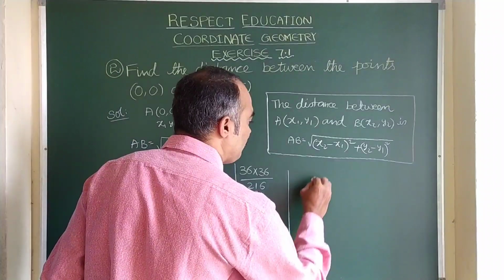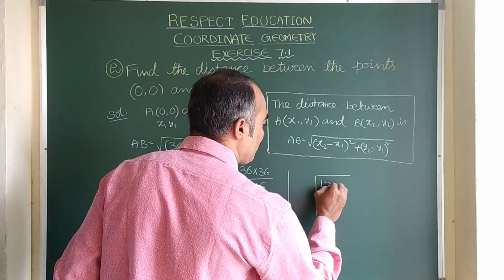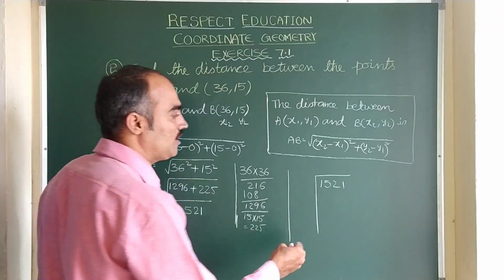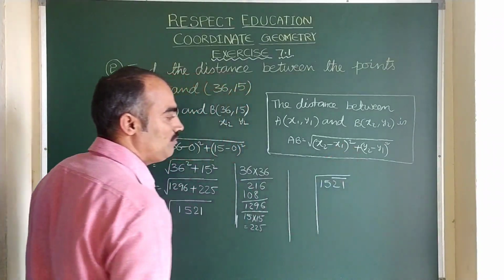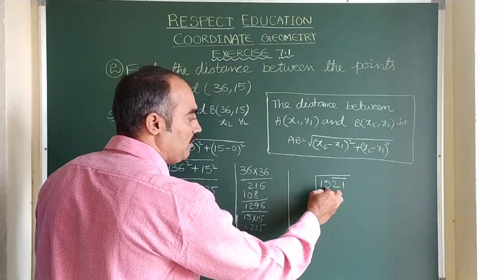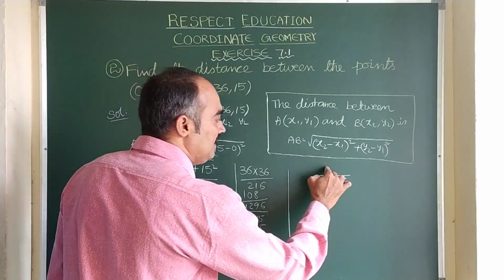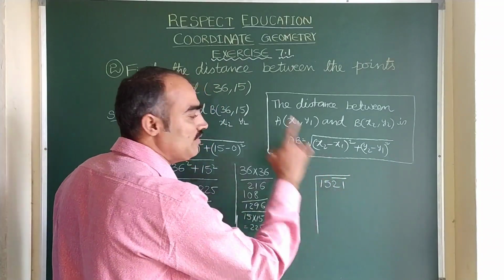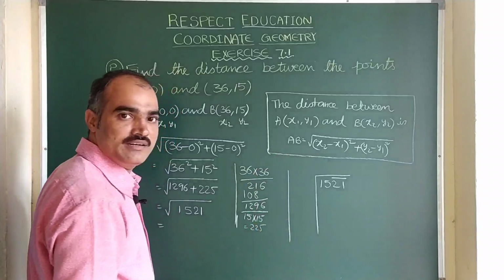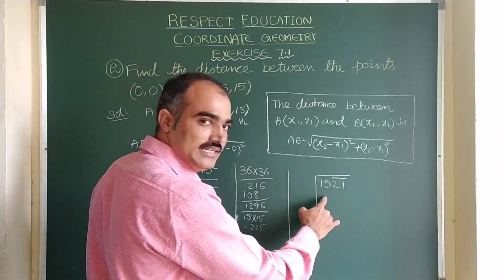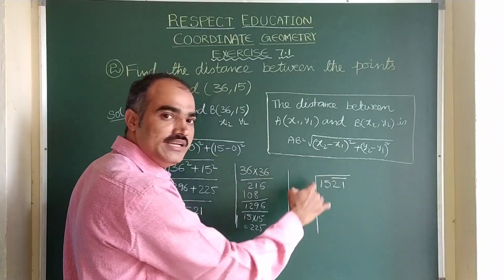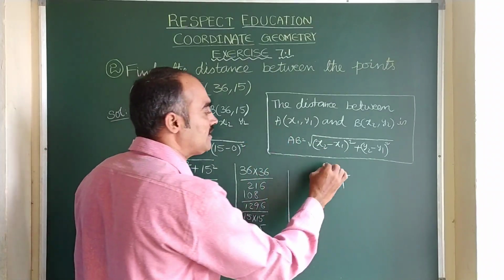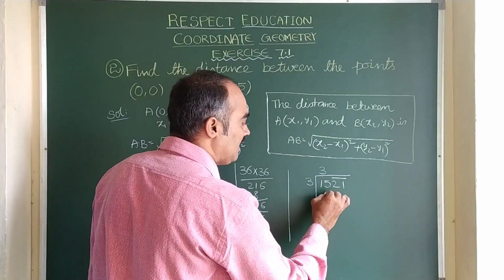Let us find square root of 1521 here by using long division method, or you can follow prime factorization method, whatever you want you can do. So here on these last two numbers I keep the bar, so here the remaining number is 15. 3 3s are 9, next number is 4 4s are 16. 16 is bigger than 15, so we should not take 4 4s are 16, that means 4 into 4 should not be taken. So let us take 3 into 3. Here 3 3s are 9.